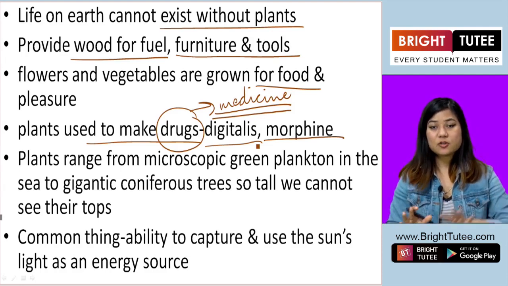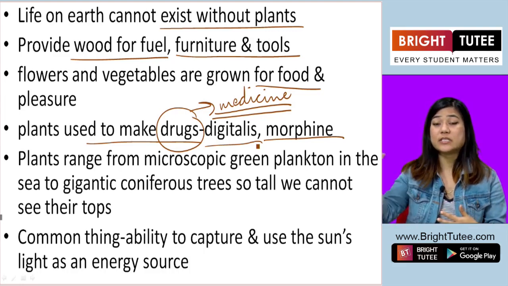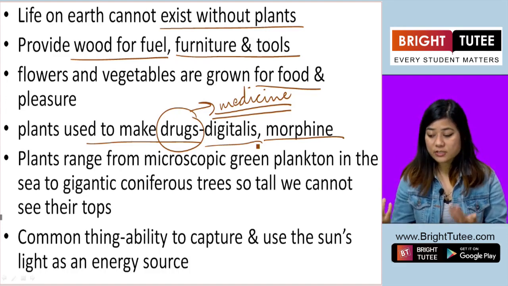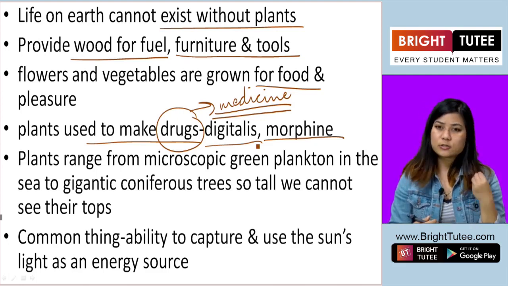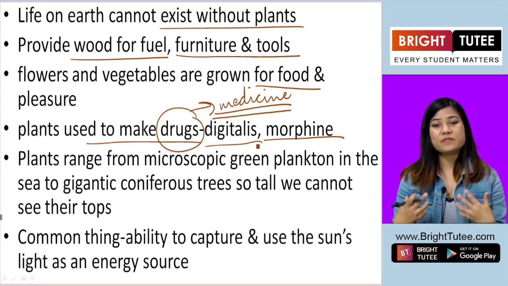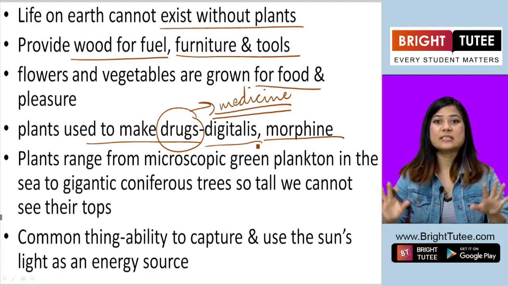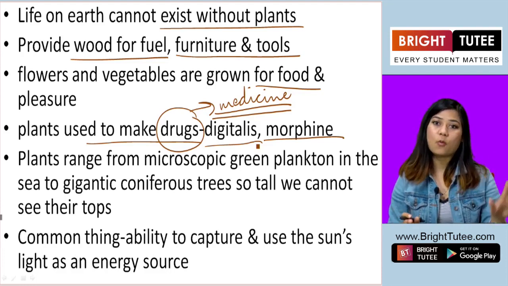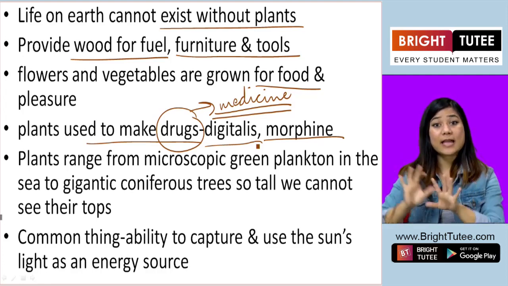Now the plants that we talk about, there are varieties of plants. Some we can see with our eyes, like trees, flowers, grasses. But there are others which we cannot see. They're under the sea, under the water, or they're so tiny that we can barely see them. So when we say plants, when we say trees, don't always expect those green things that we can see with our eyes. Sometimes they're so tiny, they look like they are part of the wall, but actually they are plants which grow on the wall like a natural wall.